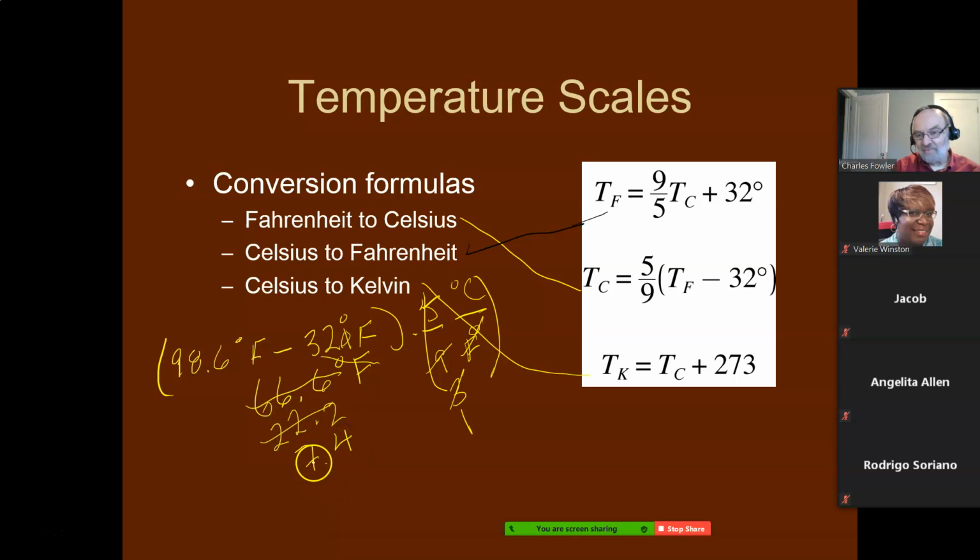So that's 7.4. Okay, so take the 7.4, multiply it times 5. You can do this on your calculator and it's a lot easier. Okay, and that's 20, carry a 2, and this would be 37